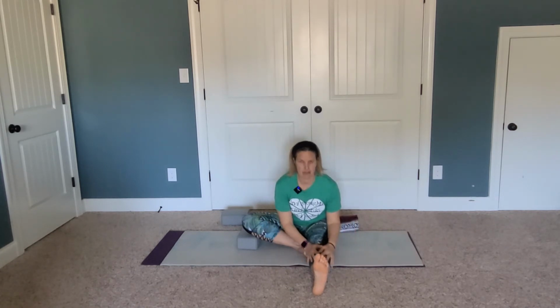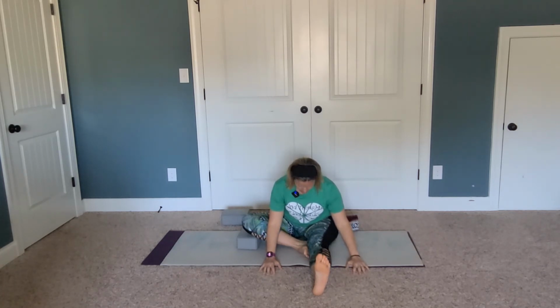Hands framing the leg, maybe they rest on the leg. If you can easily touch your toes, great. But again, we're not trying to get anywhere tonight. Breathing into the sensation, relaxing the body. And slowly start to walk it up, hand outside the leg, draw it up, release it, give your legs a